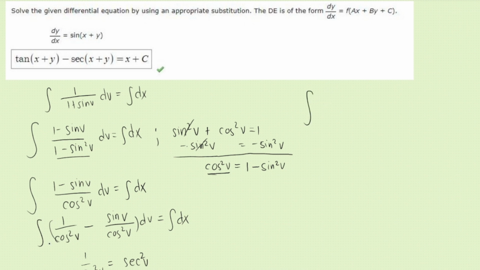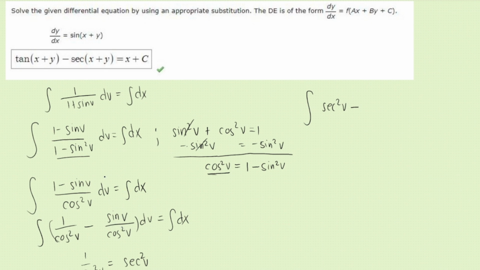I wanted to make this in terms of secant, because in that way I know I have an easy answer for that integral. So 1 over cosine squared v is secant squared v minus,